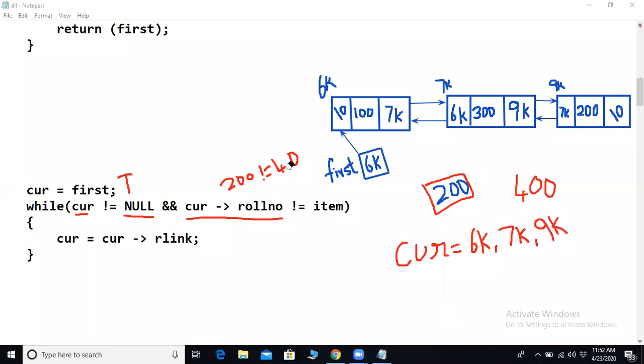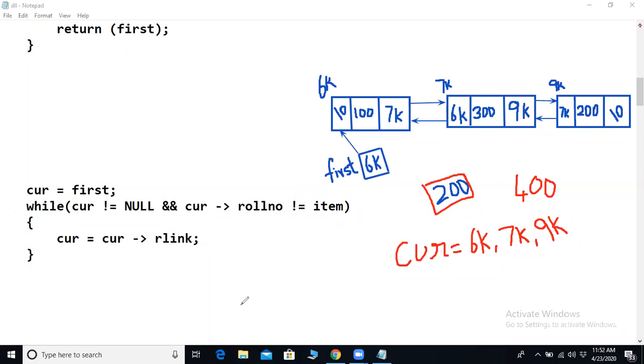Since the condition is true, we will enter inside the while loop and update the cur value. Cur is 9000, and 9000's right link field is null, correct?